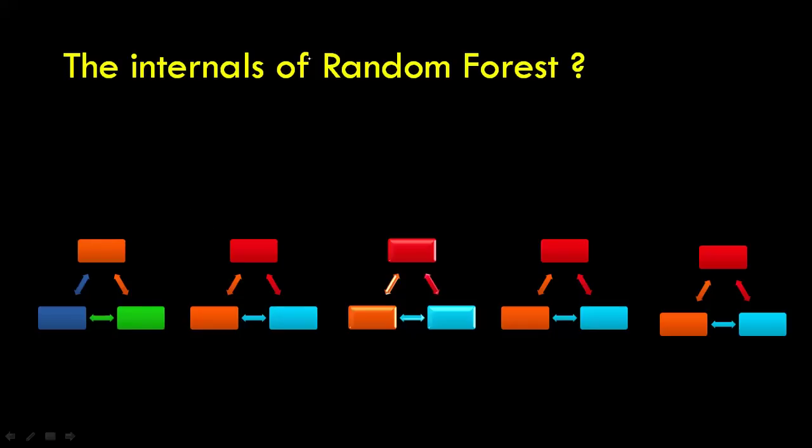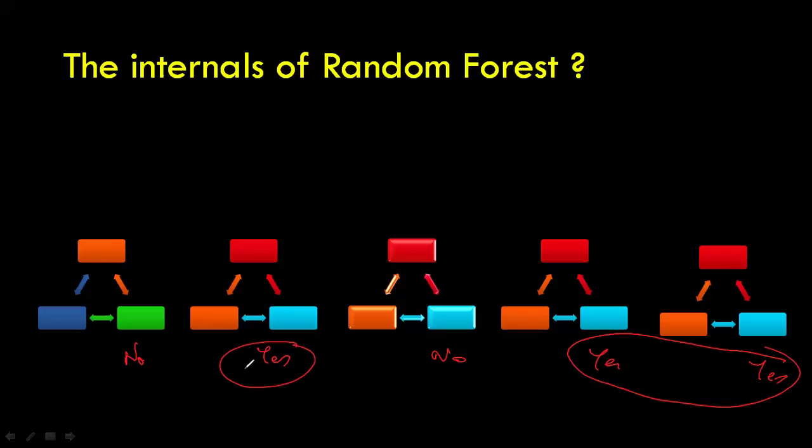In this case, for example, this tree says no, and this tree says yes. This tree says no, and this tree predicted yes, and this tree predicted yes. So what is the majority here? Yes. Since the majority is yes, in this case you decide yes, I want to go to the movie. The same thing is applicable, right? You can apply the same thing in the case of